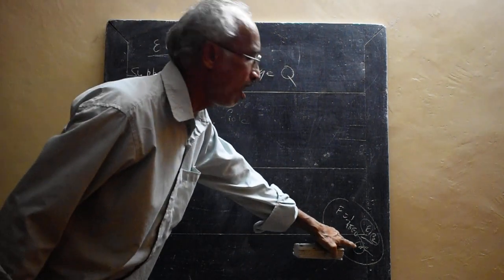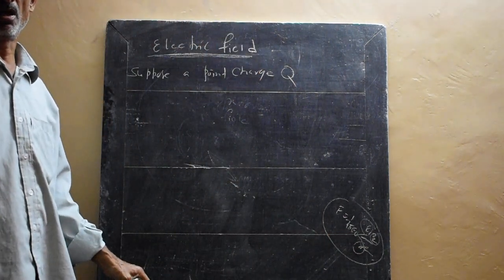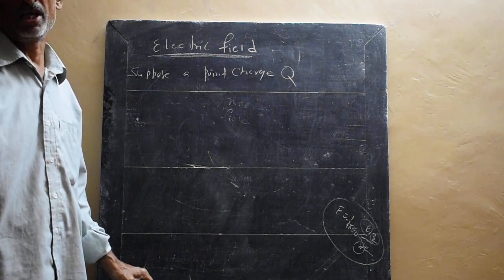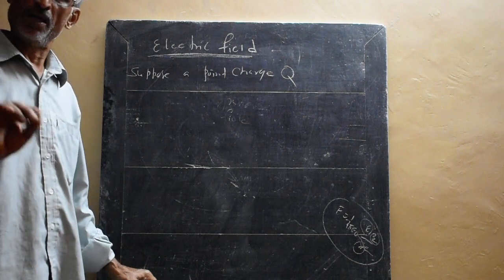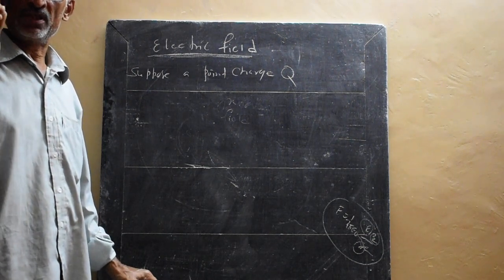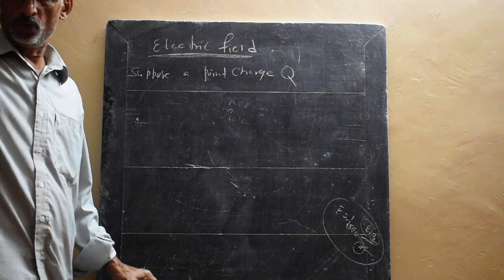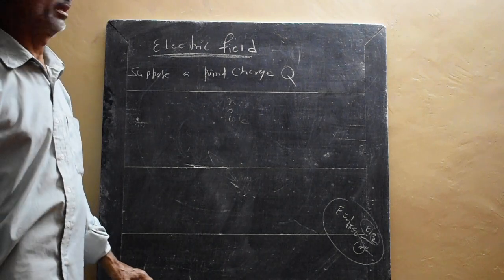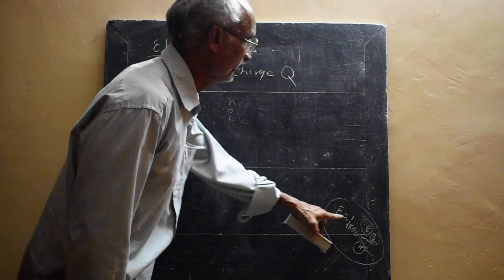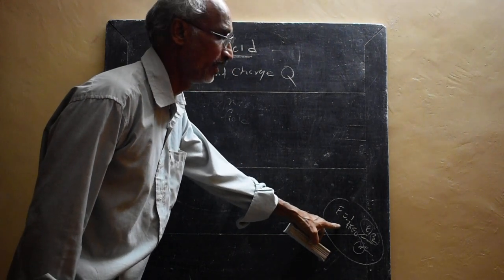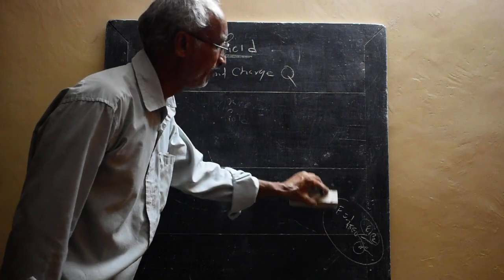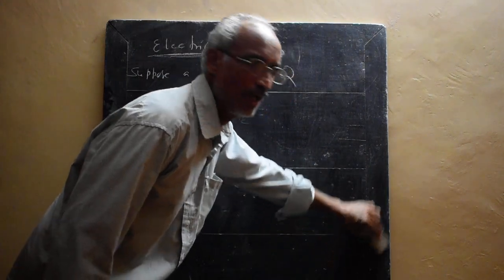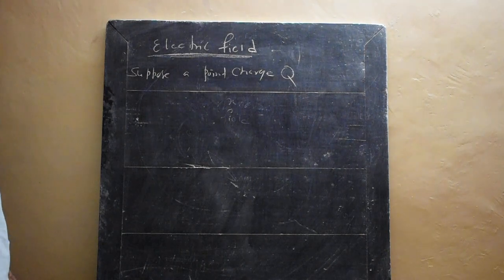The separation R between the charges is large, then the charges are called point charges. Point charges does not mean that a charge is stored in a point. If the dimension of the charge is negligible as compared to the distance, then the charges are called point charges. This is a point I have written in the corner. This is not a note to be written in our notebook, but it is simply for explanation. I have written something so you can understand which one is the notes and which one is written